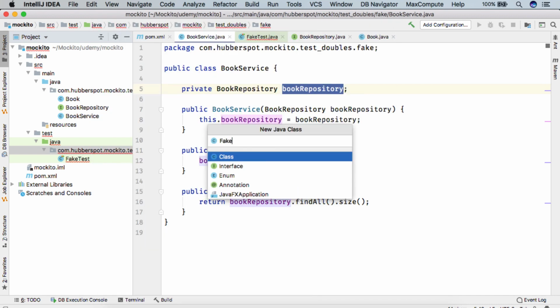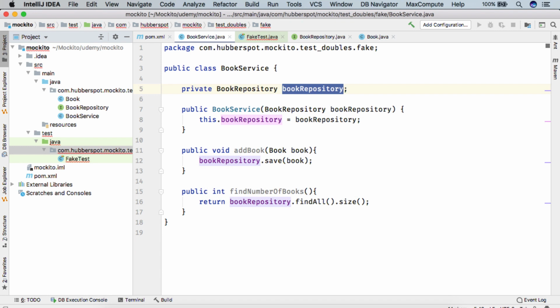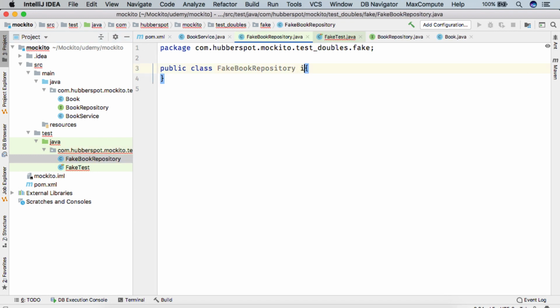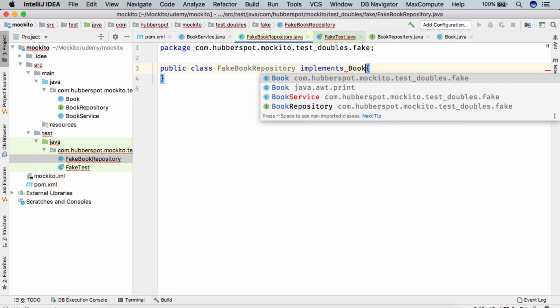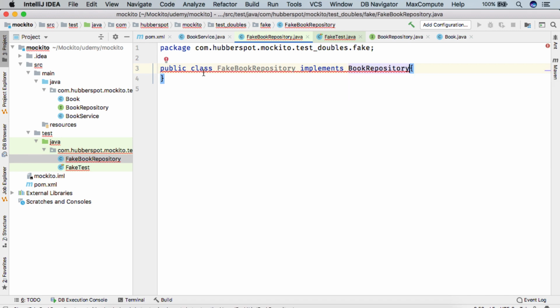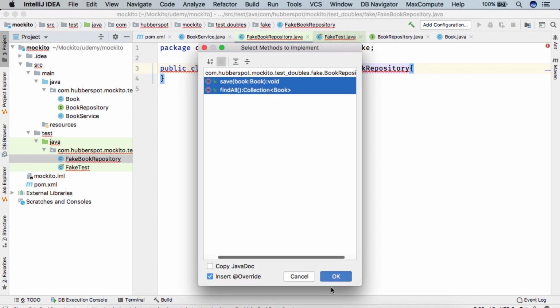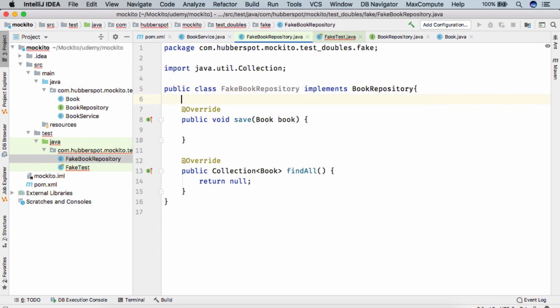We'll give it the name FakeBookRepository. This FakeBookRepository will implement the BookRepository class and its two methods, save and find all.